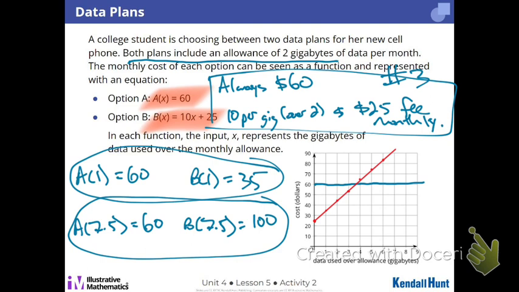So let's just say a $50 budget, how many gigs can we get? Well, is $50 an input or an output? Is it independent or dependent? Dependent. So to figure this out, I need to put 50 in